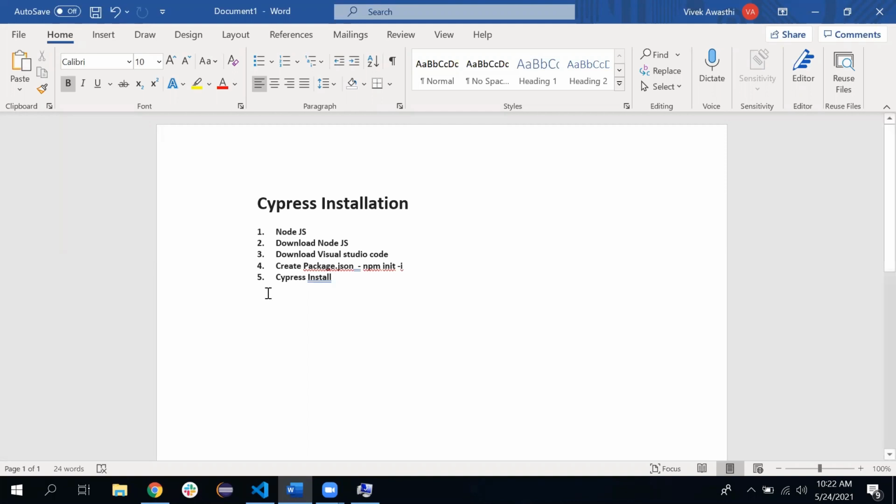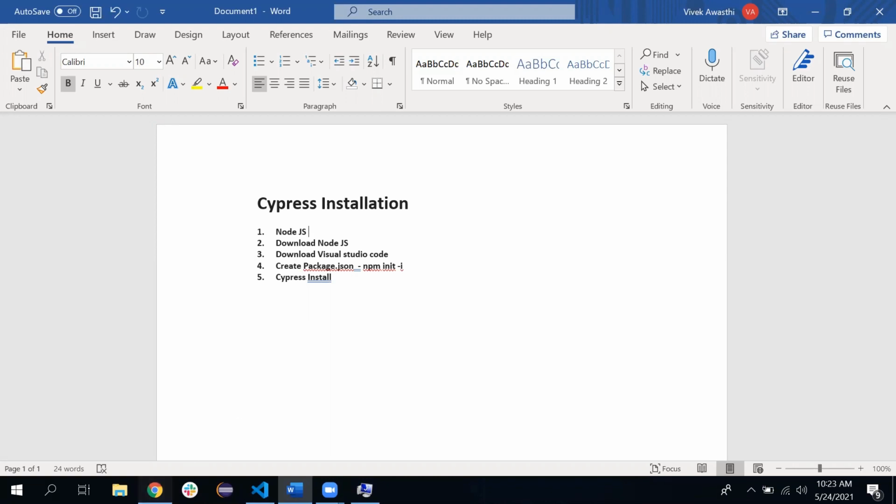The last steps, fourth and fifth, are basically the common ones. In those, we have to install Cypress. In the fourth one, I am saying create the package.json, and in the fifth one, Cypress install. So what is the package.json and why is it required, and then we have to install Cypress.